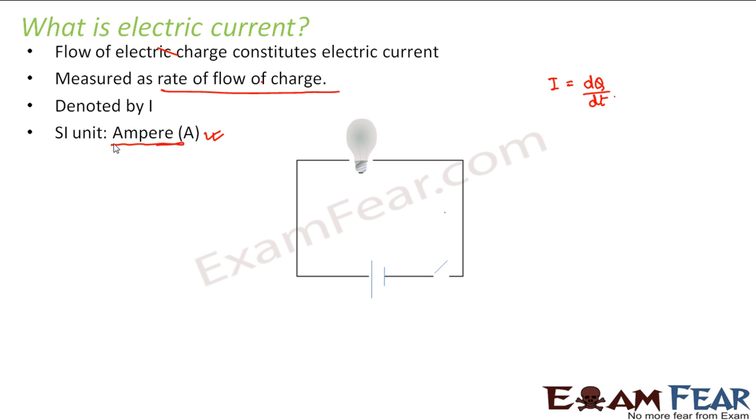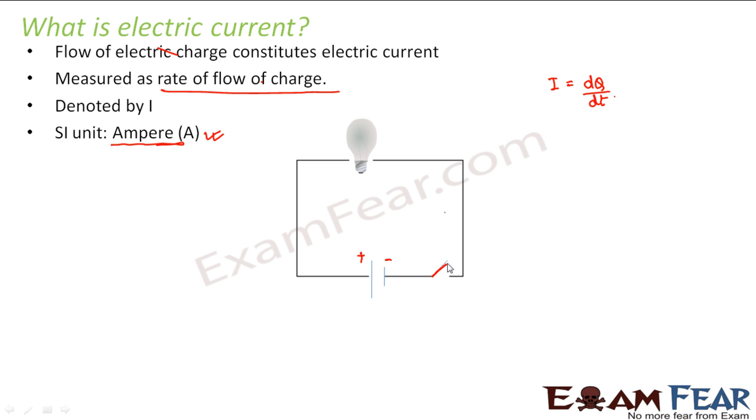Normally, since we are just at the first slide of the chapter, let me tell you a few very small things. Whenever you see an electric circuit drawn for you, this represents the source of voltage. This is basically the source of the current. This will give rise to current. So this is nothing but your battery. This battery is represented in your electric circuit with two lines, a smaller line and a longer line. The longer line generally denotes the positive terminal and the shorter line generally denotes the negative terminal. So this is your battery, which is the source of your current, right?